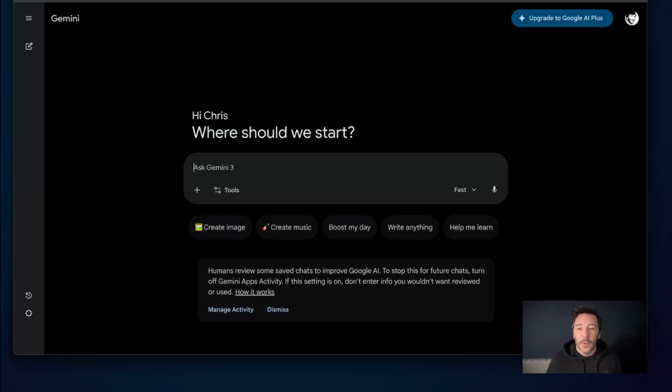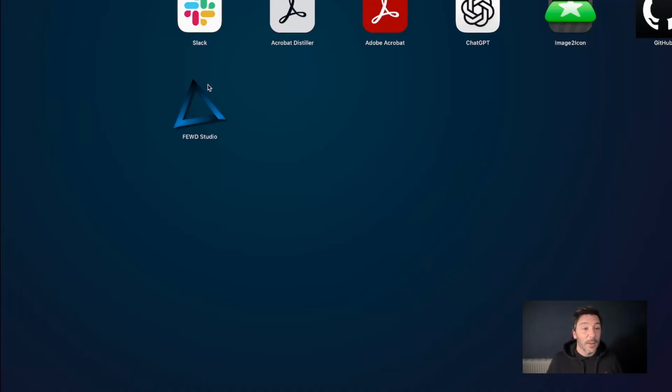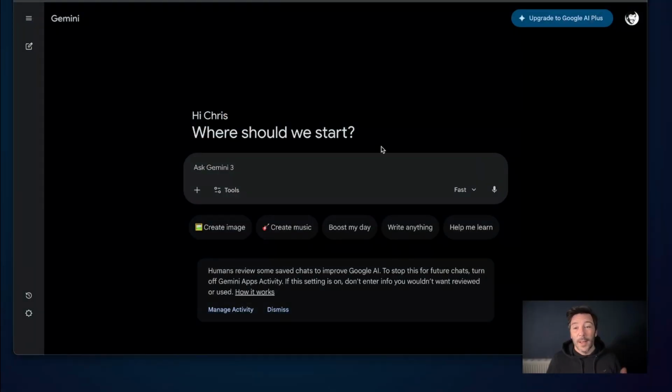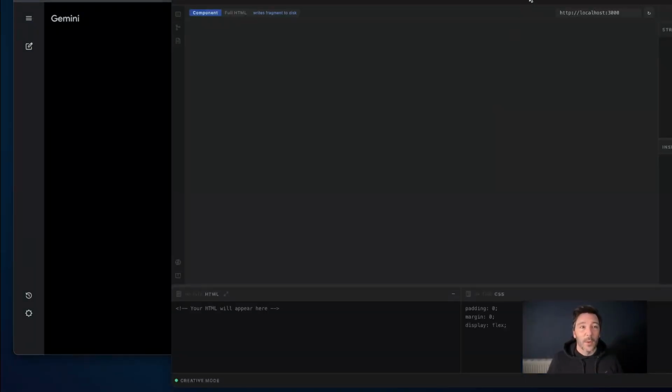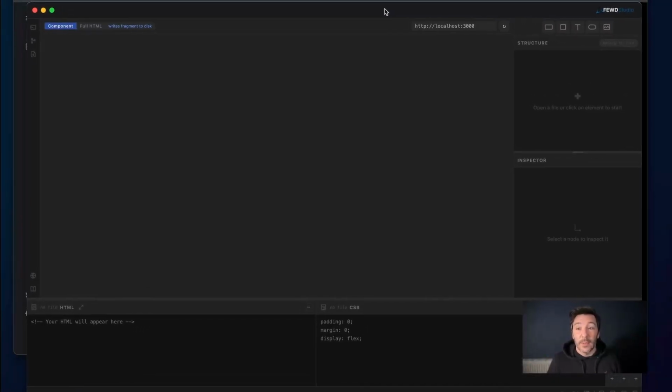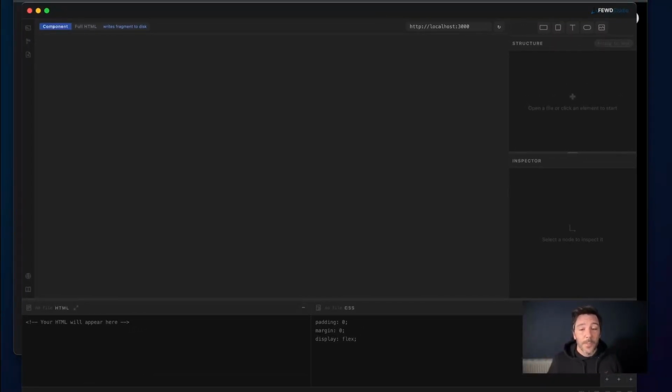Okay, cool. So first thing we need to do is open up FEWD Studio. So FEWD Studio is a desktop application. You don't need to get onto the internet or fire up WordPress or anything. We are now just in the position to create just like this. Done. First step is to use the